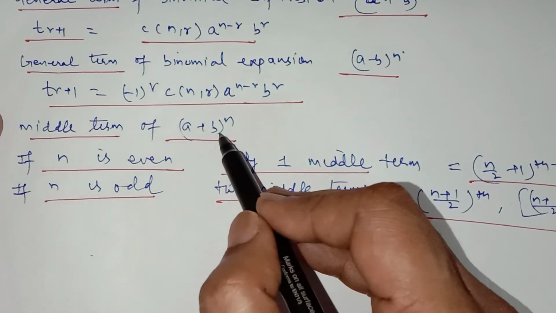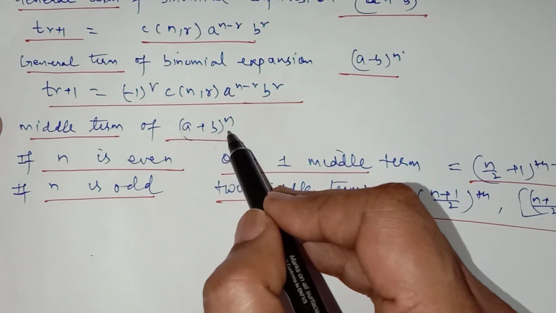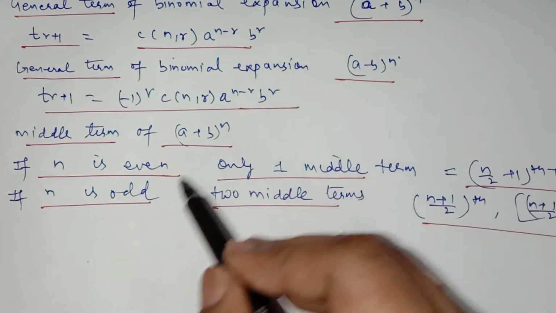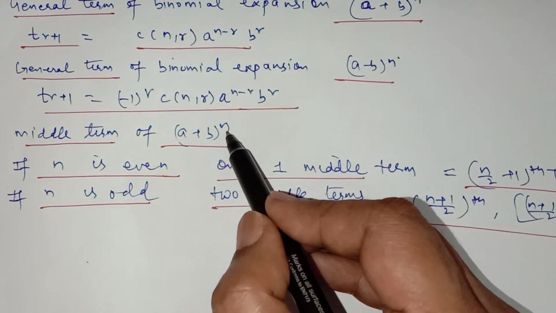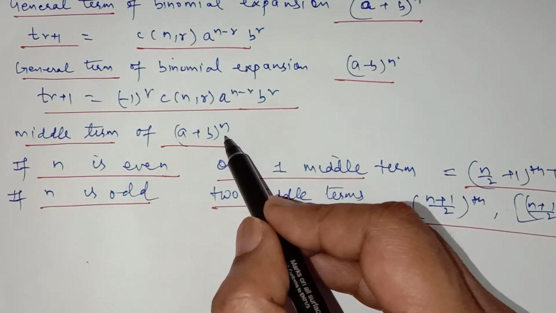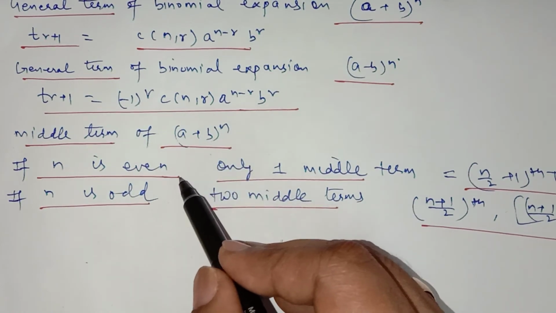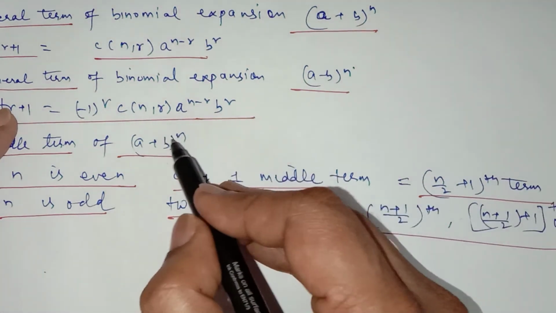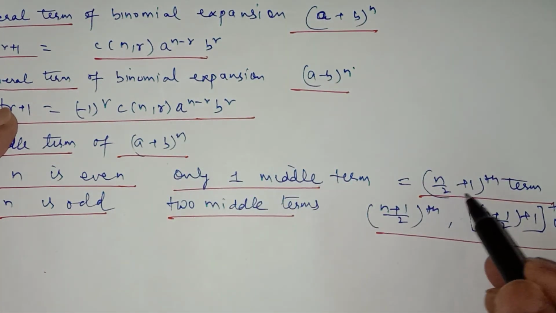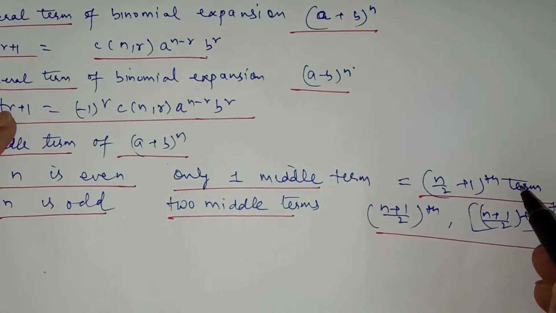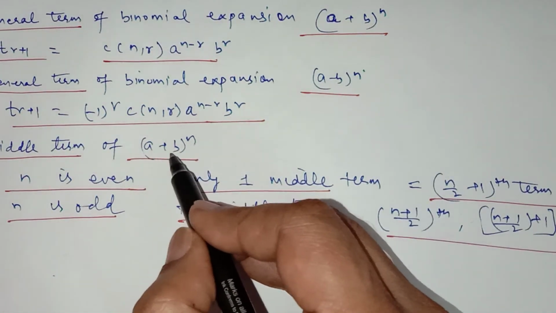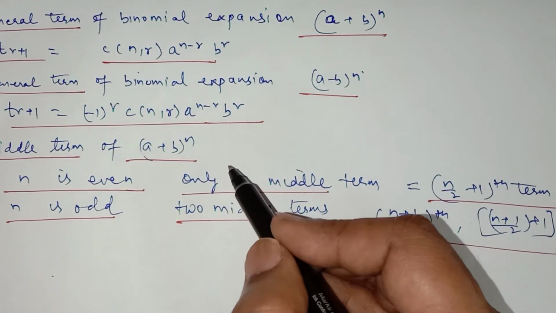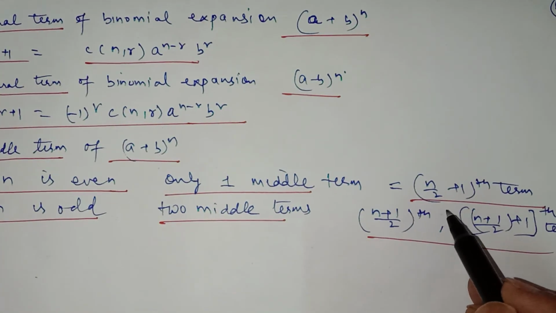Now the middle term of a plus b. Middle term of a plus b depends on the number of terms of the binomial expansion. Now if the power of the binomial expansion is even, that is if it is a plus b whole square or a plus b raised to power 4, then we have only one middle term which can be obtained by using the formula n by 2 plus 1 th term. Suppose this is 10. So 10 by 2, that is 5 plus 1. That is sixth term will be the middle term of this a plus b raised to power 10. When we have the power 10, there will be 11 terms, and naturally the sixth term will be the middle term of the 11 terms.